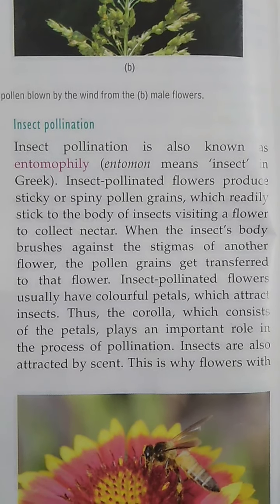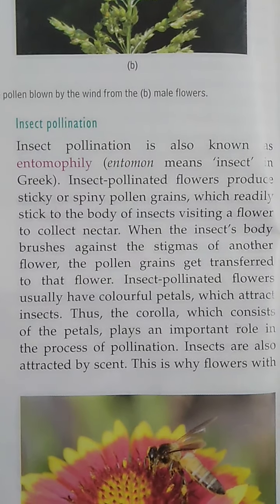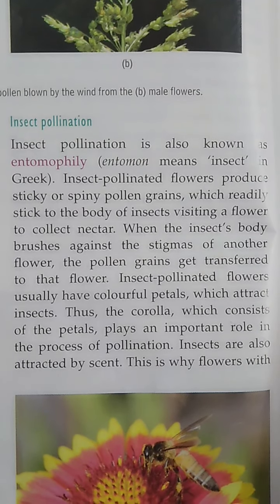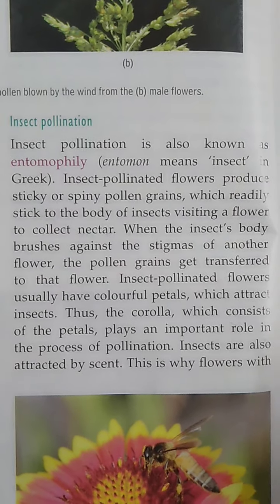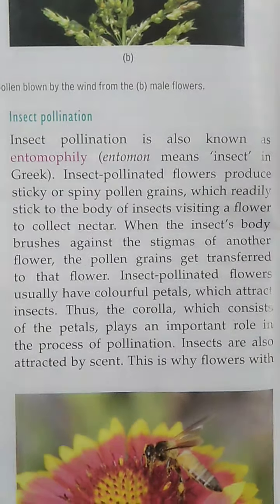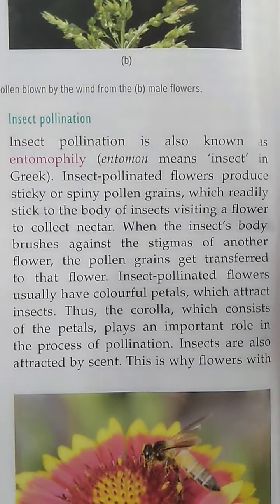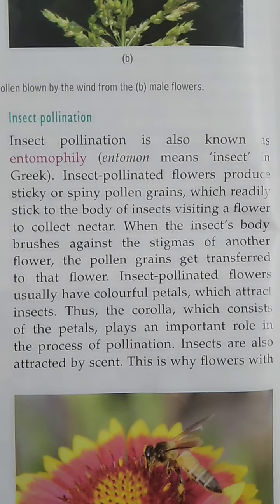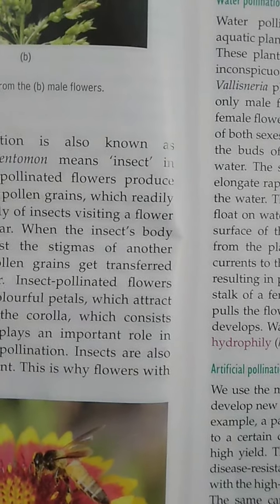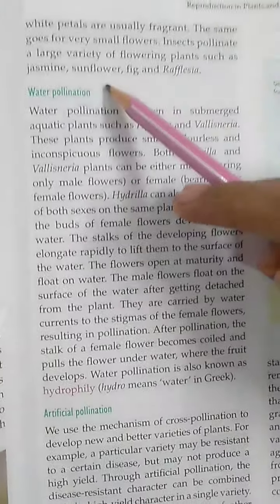Insect pollinated flowers have attractive petals and they produce scent, so that they can attract the insects. Now the corolla part of these flowers, which consists of the petals, plays an important role in attracting the insects. That's why these insect pollinated flowers have attractive petals or an attractive corolla. Examples of flowers pollinated with the help of insects are jasmine, sunflower, fig